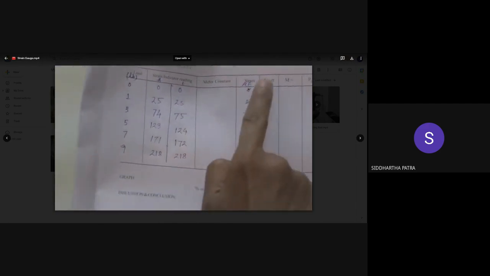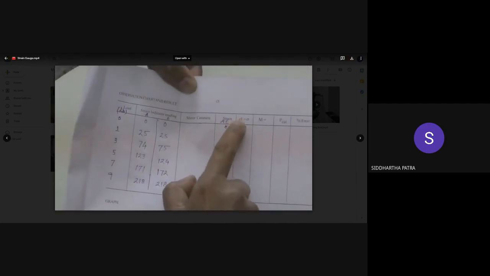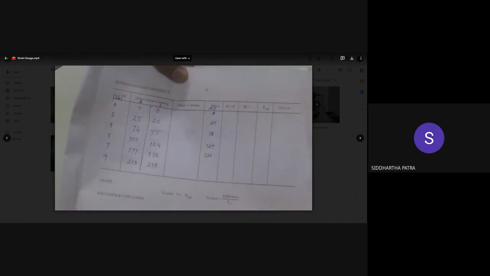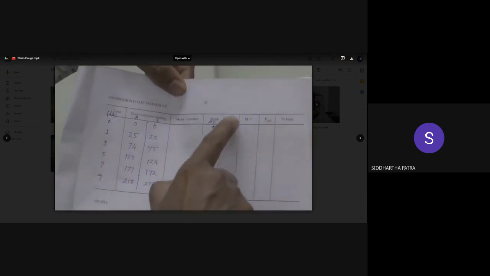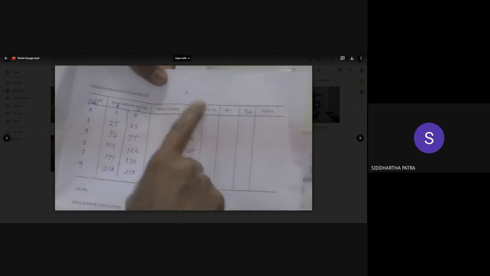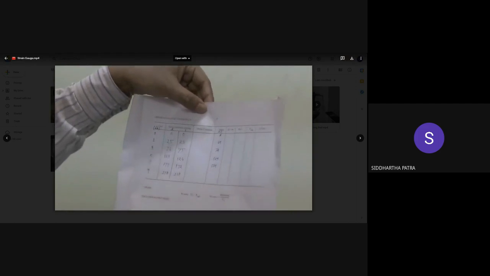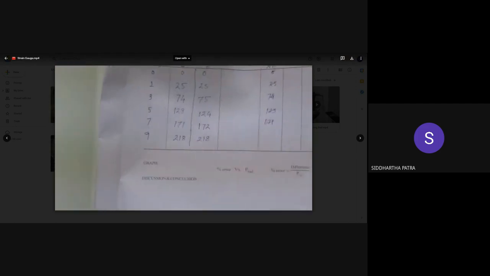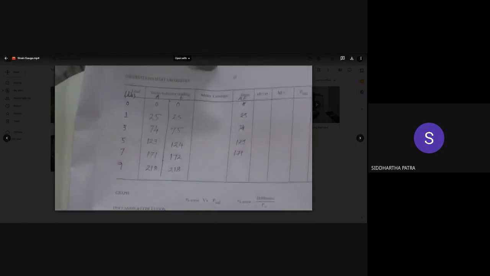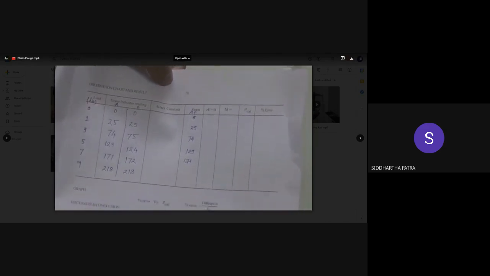From this strain, we have to calculate the stress. From the simple relationship according to Hooke's law, stress is equal to Young's modulus times the corresponding strain for each reading. This is the bending stress. From this bending stress and from the geometry of the beam, which was explained initially before the start of the experiment, we have to calculate the bending moment at the cross section where we are measuring the strain.